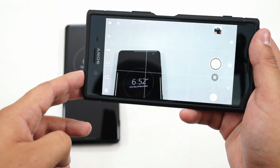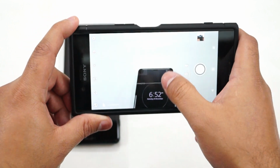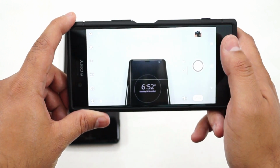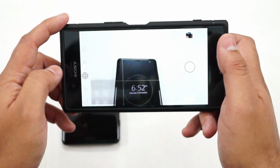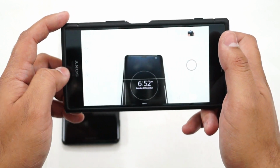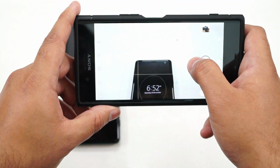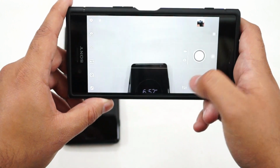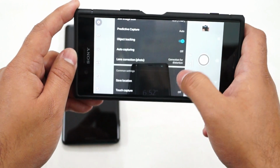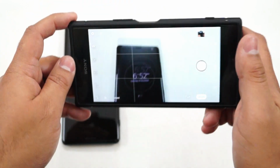Now you can simply swipe up for the video and swipe back for the camera, and you can simply use this icon here to choose between 16:9 or 4:3 aspect ratio, and at runtime you can choose your brightness and color from here. That is pretty easy, and all other settings are here. The still image size, predictive capture, the image stabilization, and all things are in this setting. So a very clean looking